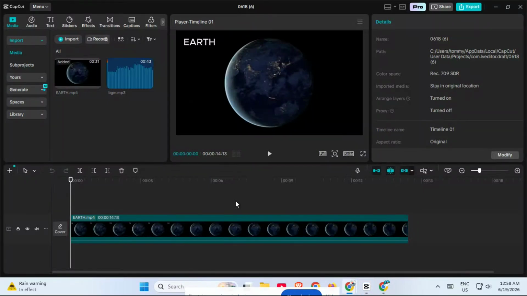If you're seeing CapCut error 120, don't worry. In this video, I'm going to walk you through the exact fixes step by step so you can get your export working again. This error is usually caused by a hardware acceleration issue, a weak internet connection, the wrong export location, or a corrupted cache. The good news is that in most cases, you can solve it in just a few minutes without reinstalling the